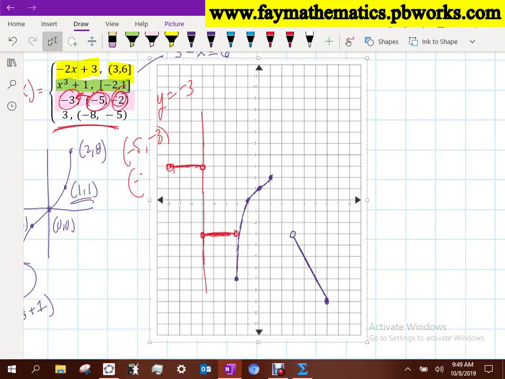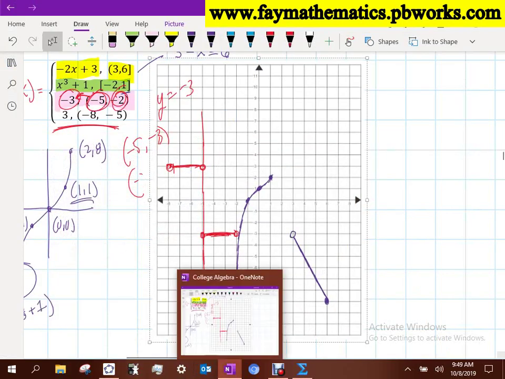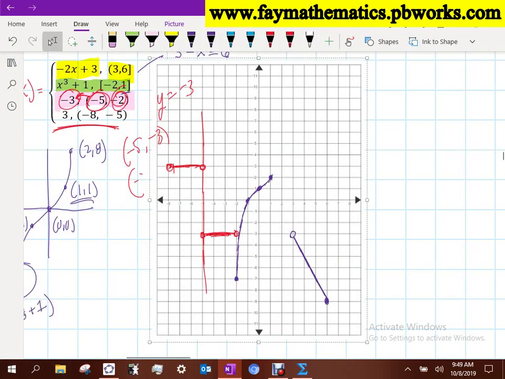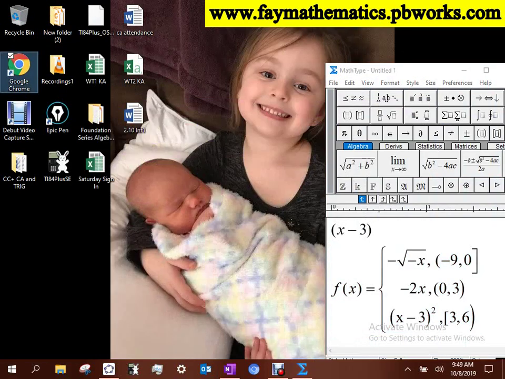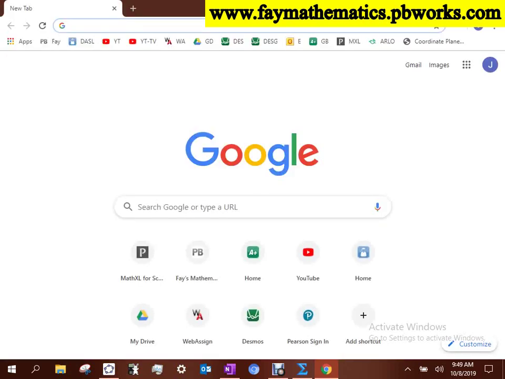Desmos, if you're a fan of Desmos, a little bit different way of typing it in. And you can even do this on your TI-83s and 84s, but it's a real pain in the butt on your TI-83 and 84. And to be honest with you, I forget how to do it. But if you Googled Boolean notation for a TI-83 or 84, it'll tell you how to do it. You got to use parentheses and the logic key and stuff like that on your calculator to get that done. But if we go Desmos,